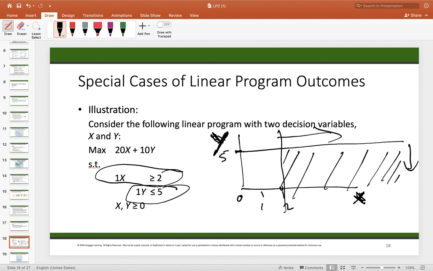And it actually keeps on going forever. There's no other bound to stop it. x and y are both greater than 0. There's nothing else, no other constraint to stop it. So when I'm trying to find the